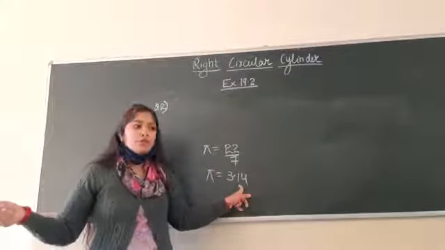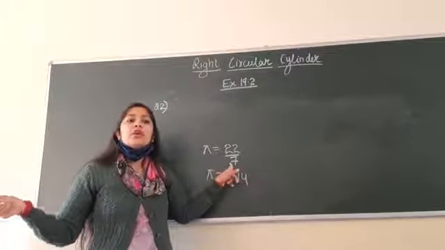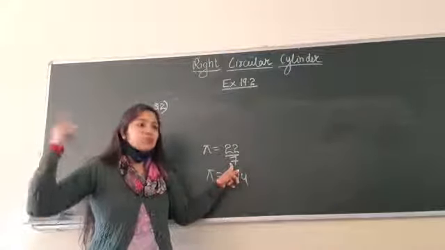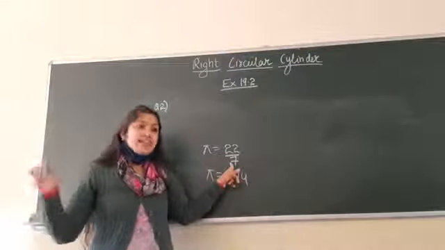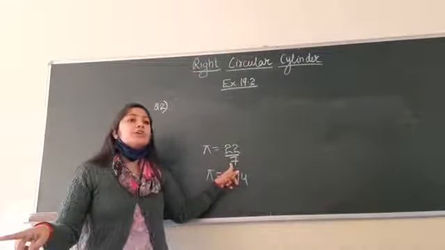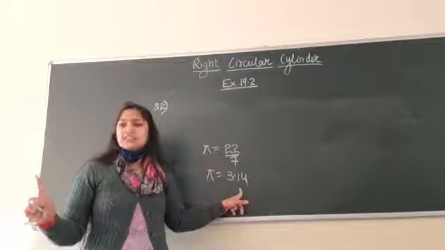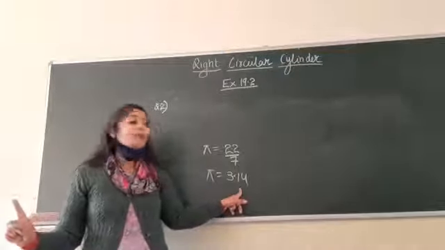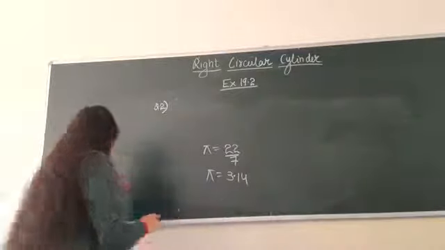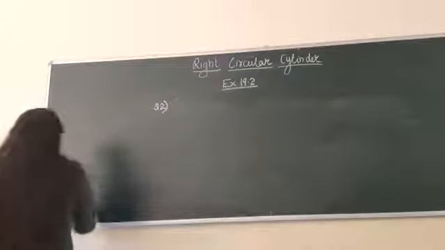you know this value is not exactly 3.14, it is approximately 3.14. So if it is told to take this value and you take the other one, there will be a slight difference in the answer, a slight difference in decimals, and the examiner will consider it as your mistake because he mentioned it in the question that you have to take this value. Okay? So in case it is mentioned in the question that you will take pi 3.14, then you will take this value only, right? So in this question we will take pi as 3.14.